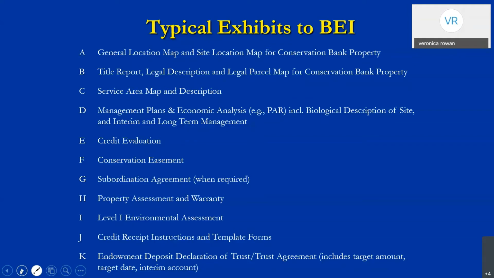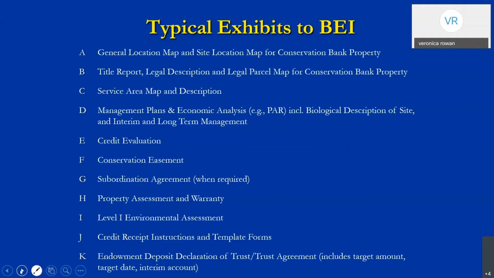If you saw the last webinar, we talked about this a little bit. What the subordination agreement does is create the condition where the conservation easement that will be recorded for the mitigation bank is the priority encumbrance